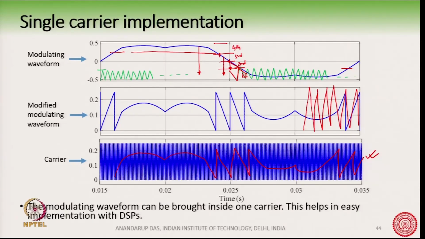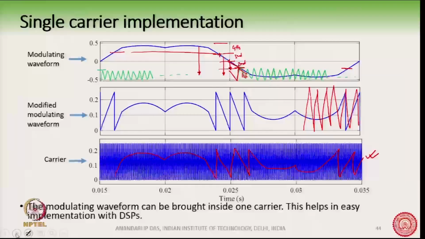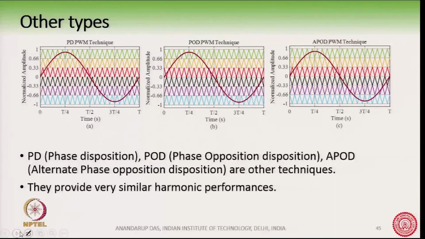Like this. So, with this shifting, with this pushing of the modulating waveform, it is possible to bring the modulating waveform inside one carrier, and this helps in the implementation with DSP. Now, as I told you, there are some other types of level shift PWM techniques. Whatever we have talked about is called the phase disposition PWM, level shift PWM, which is this one here,